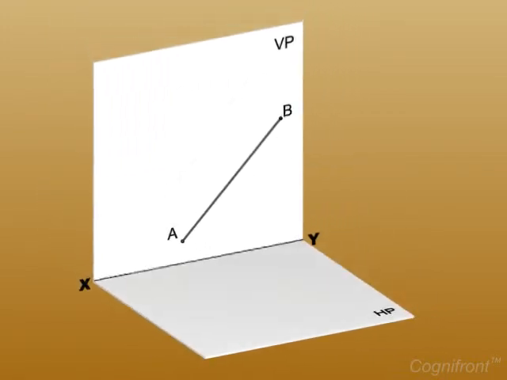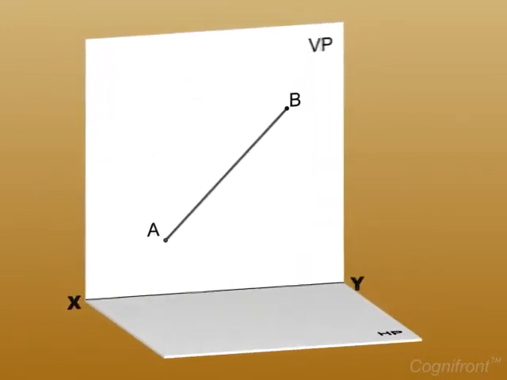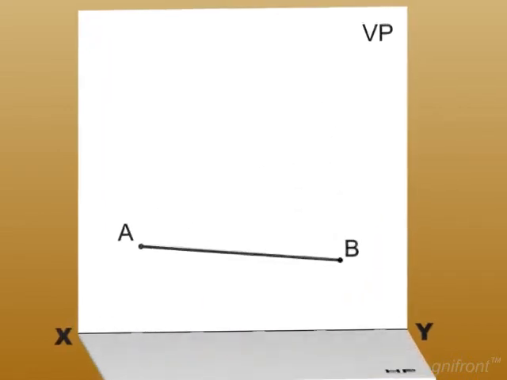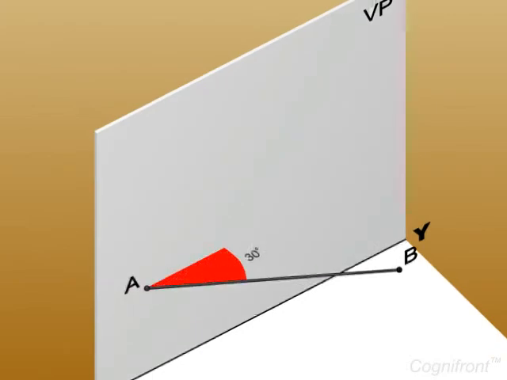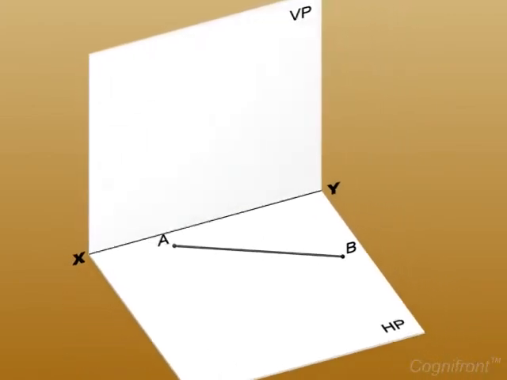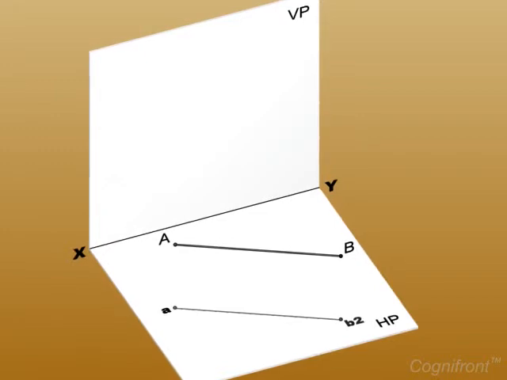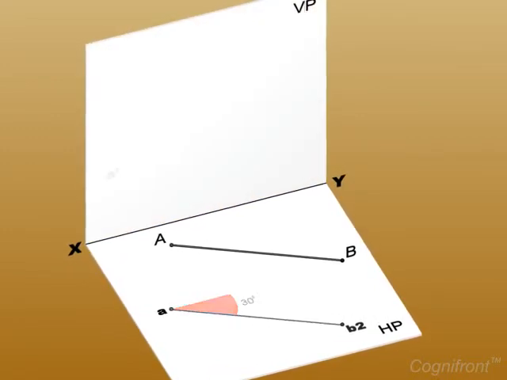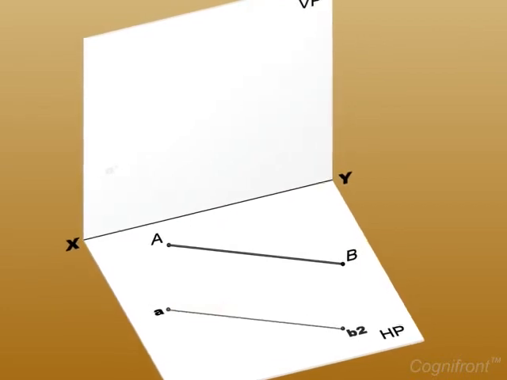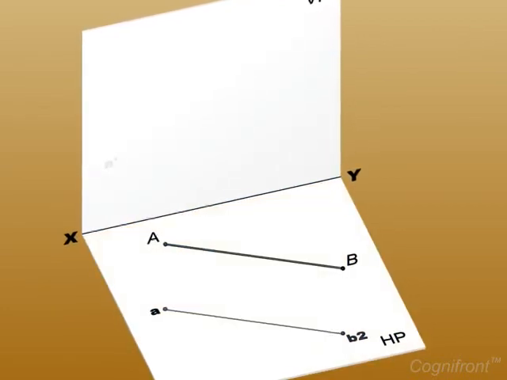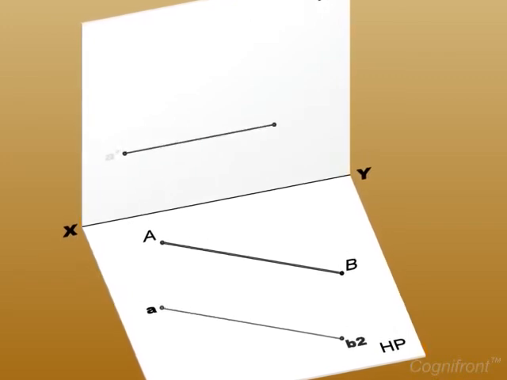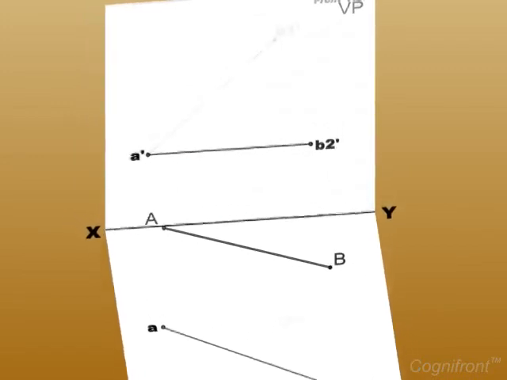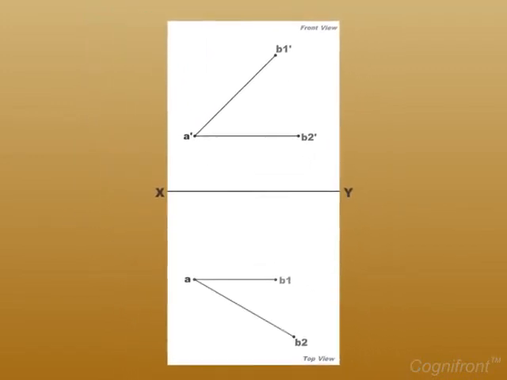Now the opposite case. The line AB is assumed to be parallel to HP and inclined to VP by the angle 30 degrees. Observe line AB2 is the top view making an angle 30 degrees with VP. Since the line is now assumed to be parallel to HP, its front view is a line A'B2' parallel to XY. At last, to rotate the line